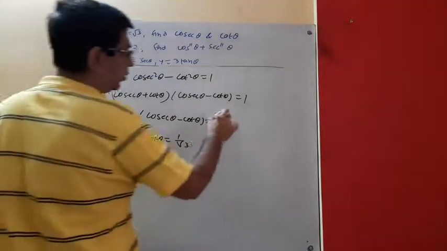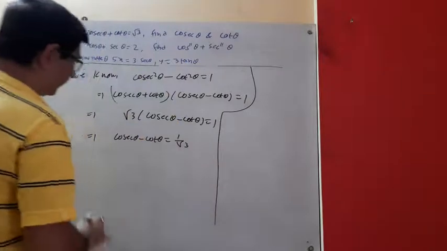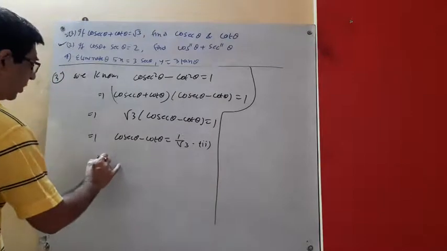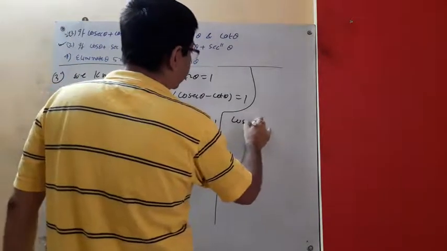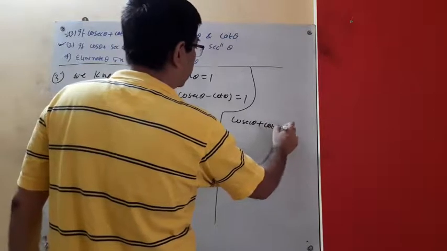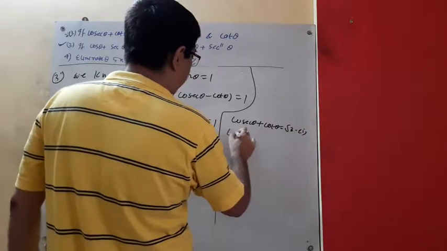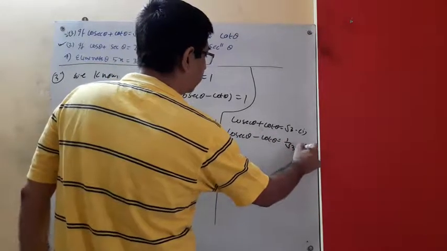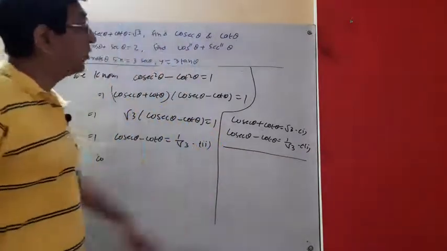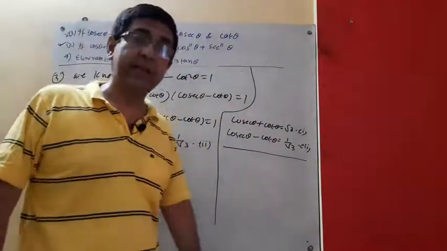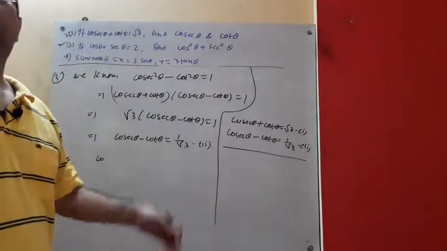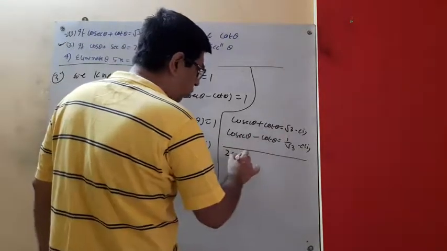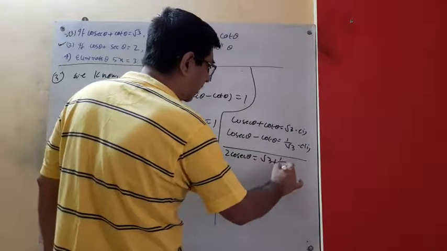Okay. So look, just see what we are getting. This is equation number 1, 2 say. And what is equation number 1? Right here. Cosec theta plus cot theta equal to root 3, equation number 1. And cosec theta minus cot theta equal to 1 by root 3, equation number 2. Now, what we have to find? Cosec theta and cot theta. Now go for simultaneous equation, solve. By elimination, or any method, it is better to go for elimination. If you add, this one cancels. So 2 cosec theta equal to root 3 plus 1 by root 3.